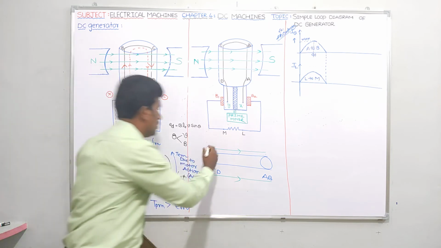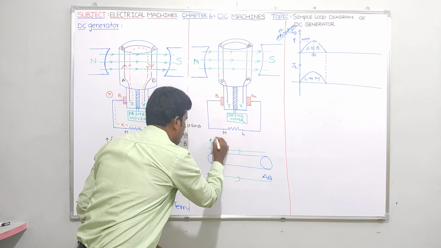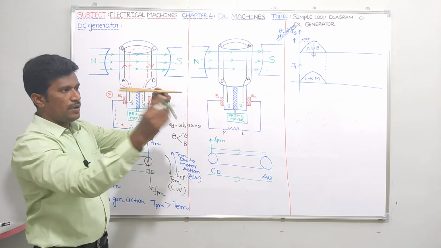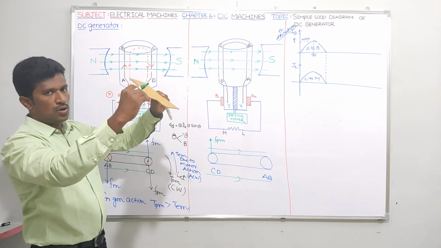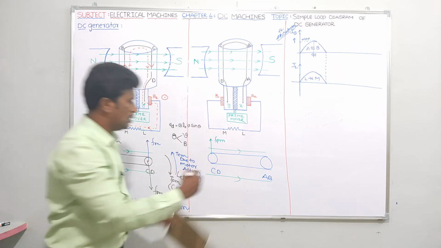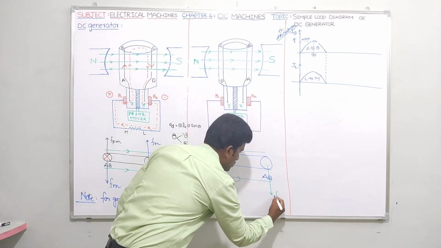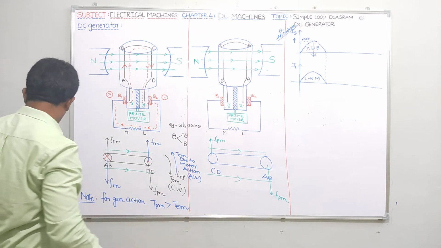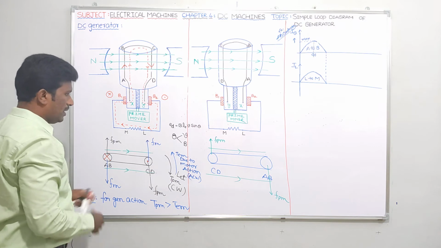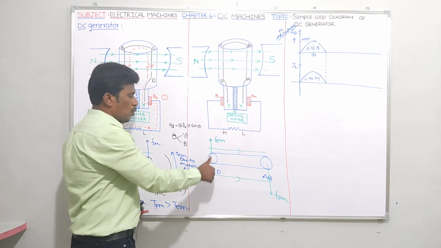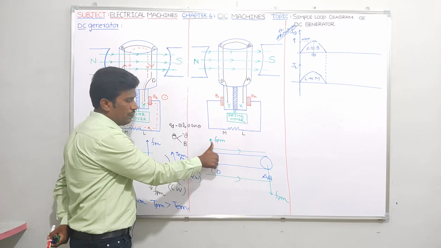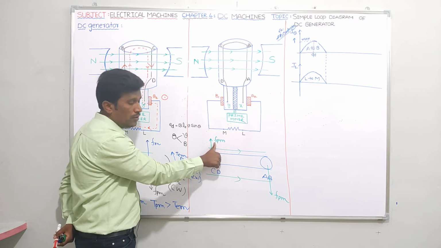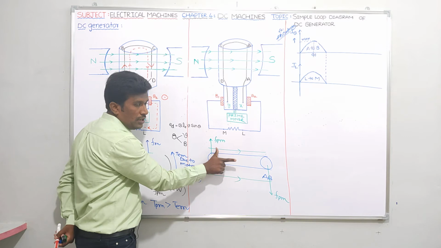That means you have to show here the direction of force due to prime mover like this. At AB for clockwise rotation, the tangential motion will be downwards. This is the direction of tangential motion, FPM. Now once again, please apply Fleming's right hand rule here. See guys, when a moving conductor is placed in a magnetic field, the thumb indicates the direction of FPM, the force due to prime mover.